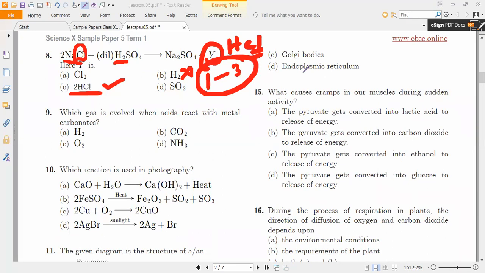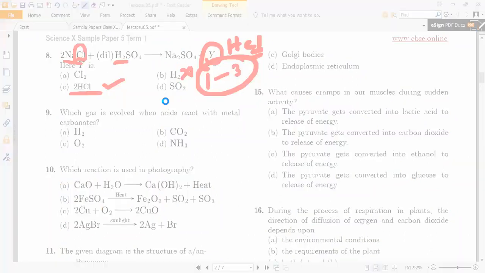Be a little careful. See, hydrogen and HCl, where is the comparison? It is not a single product, it is a double displacement reaction. Most of you answered hydrogen only, but hydrogen is the wrong answer. You will feel that it is the correct answer and come with confidence. But don't be always in a hurry.